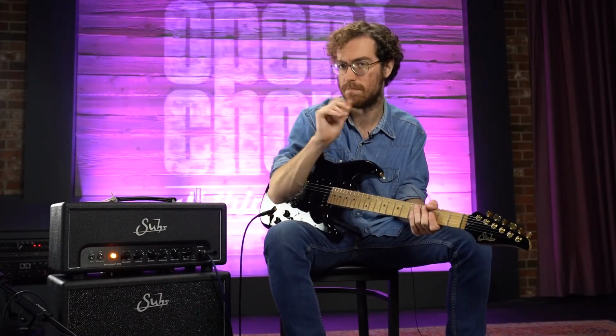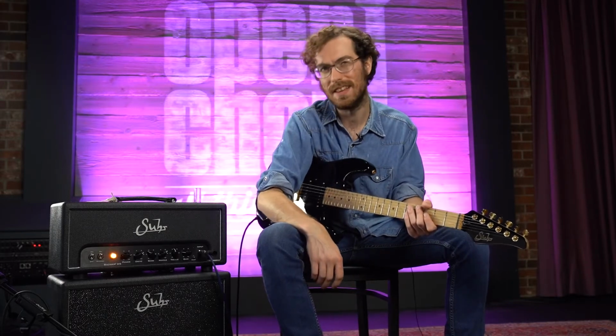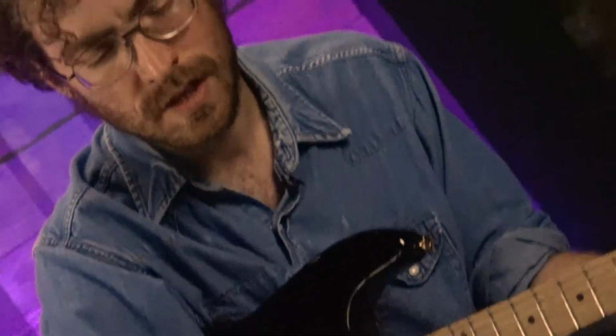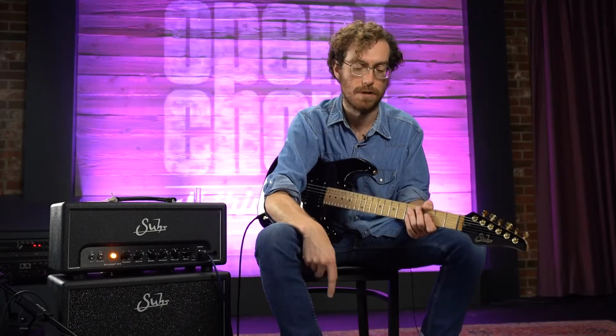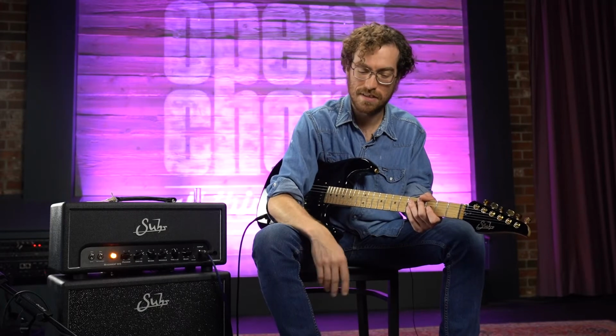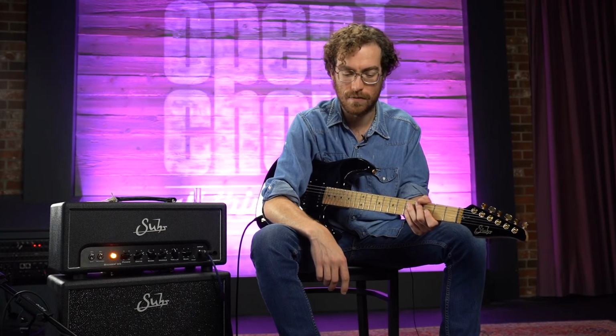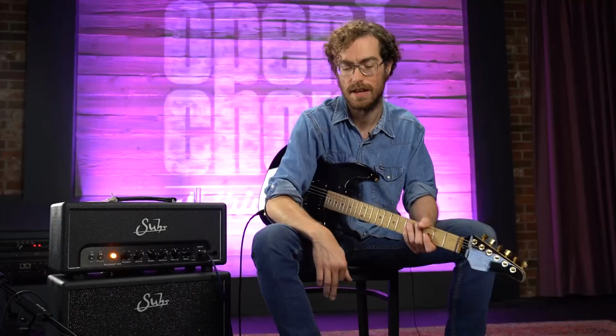So definitely in the same sort of flavor group, but noticing with the Reloaded, it feels like we have a little bit more compression, maybe a little bit tighter low end. That being said, there's something very big and classic about the Shiba Drive too that reminds me of another famous blue pedal that has the word blues in it, made by another company that starts with the letter B from Japan. I believe there's definitely some inspiration from that pedal within these two. Either one is a very good way to go if you're looking for a good overdrive that is versatile and has a large range of gain. That's one of the things I find very appealing about both of these pedals, that you can go